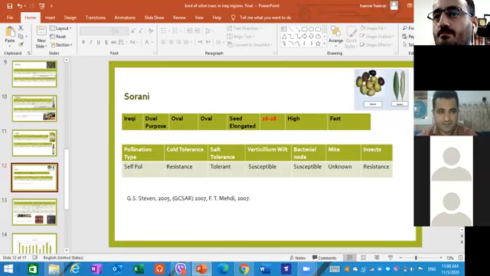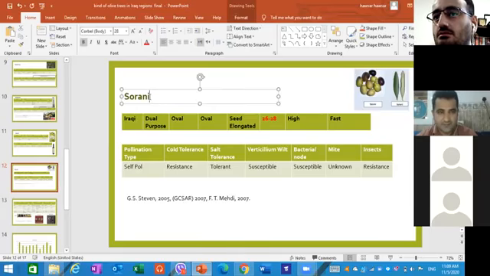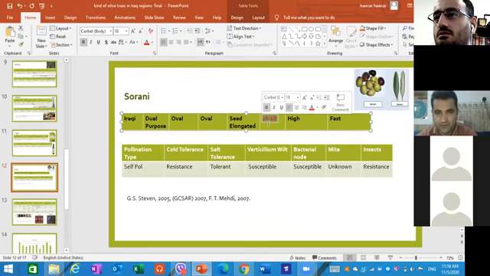And the other type is Sorani. Sorani, I think, is originally from the northern region in Iraq. I think it is Iraqi, but I found it in Turkey and in Syria, but I am not sure. And you can use it for eating, for table oil, and for oil production. And also I think it is very good for the production of oil, because